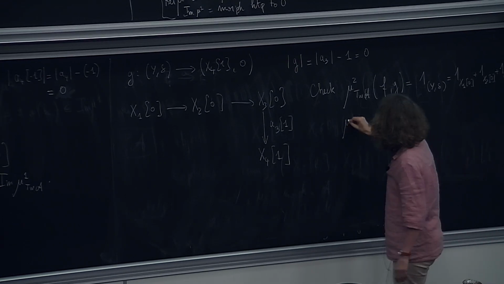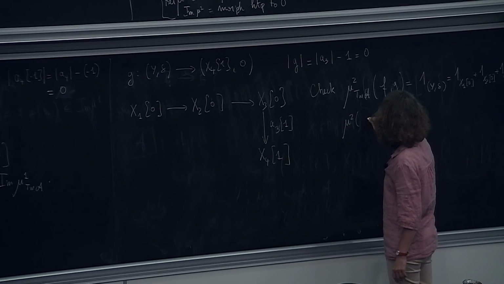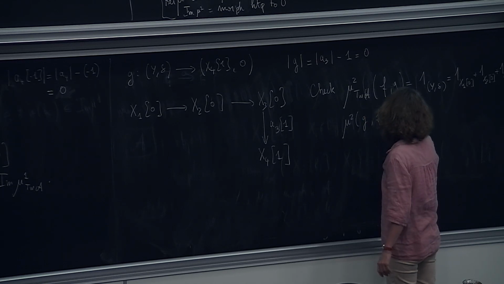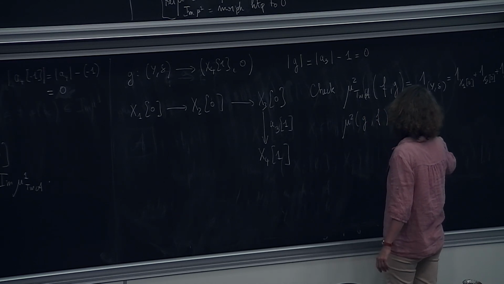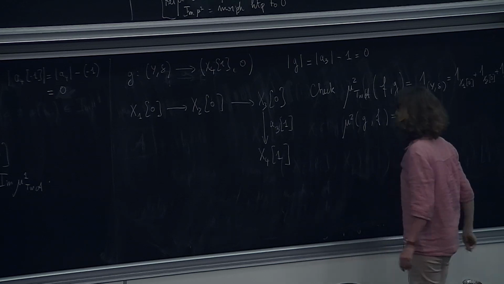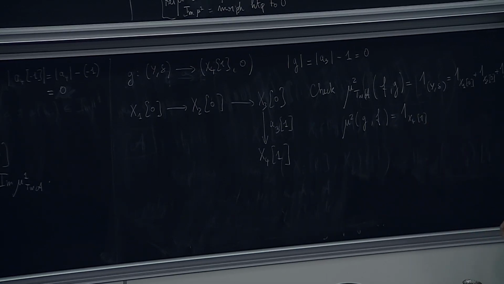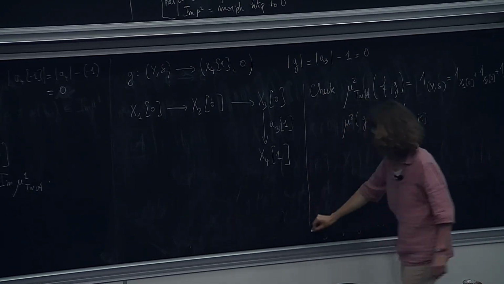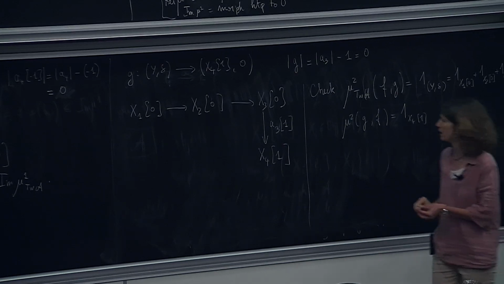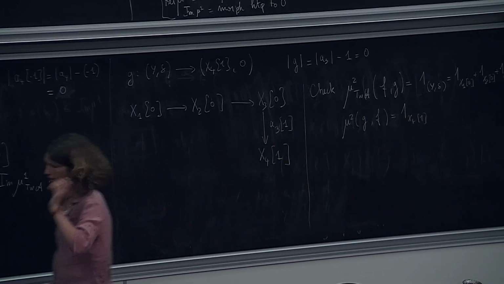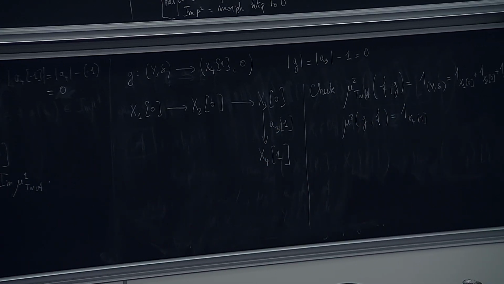And we also have the fact that mu2 of G and F would be the identity of x4 shifted by 1. Okay, so again, it's an exercise, but I just give you an idea why it should be true, because we can really